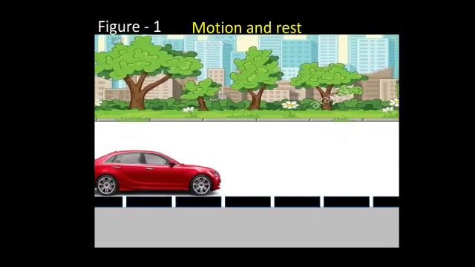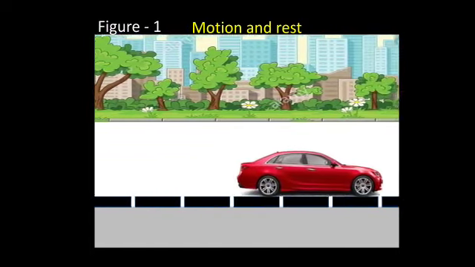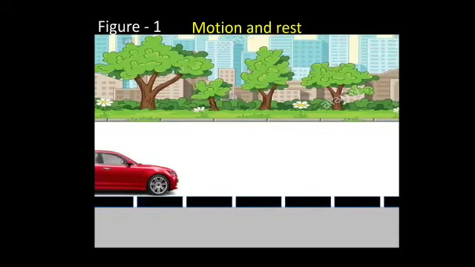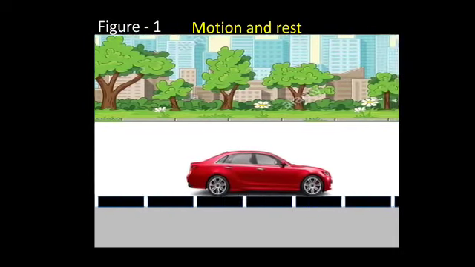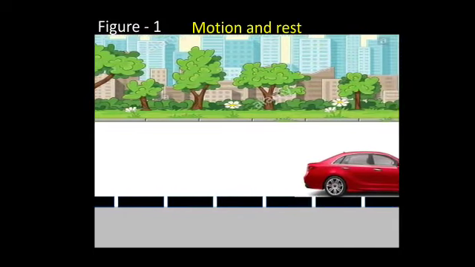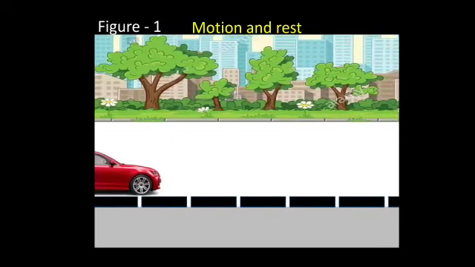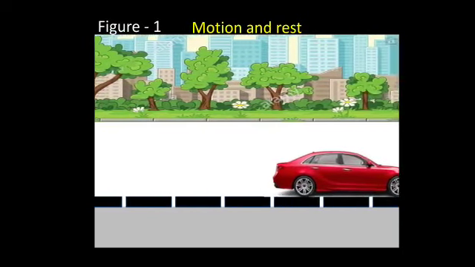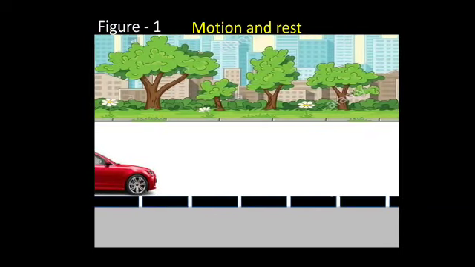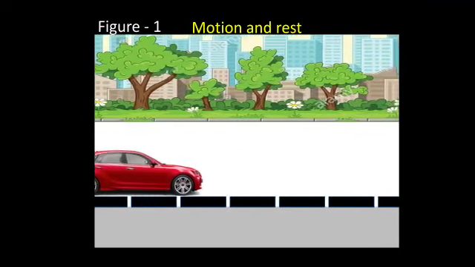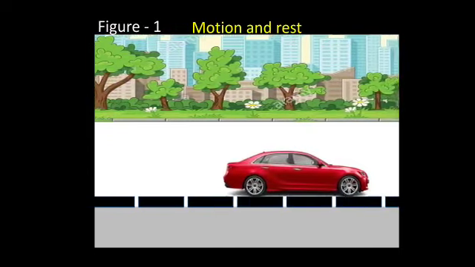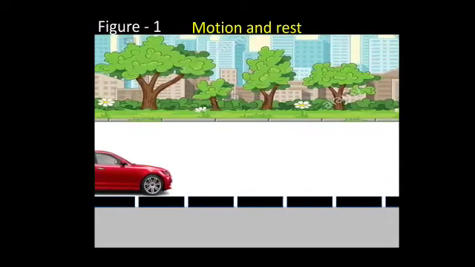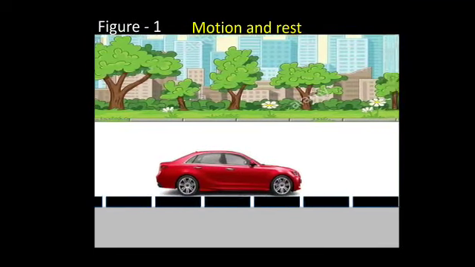See this, here is the picture. Suppose you are sitting near the window in the car. To you, the trees outside will seem to be moving backwards. But to a person standing outside, the trees will seem to be at rest. On the other hand, the person sitting next to you will seem to be at rest to you, while he and you will seem to be in motion to the observer outside. Do you get it? Let me explain this in another way.